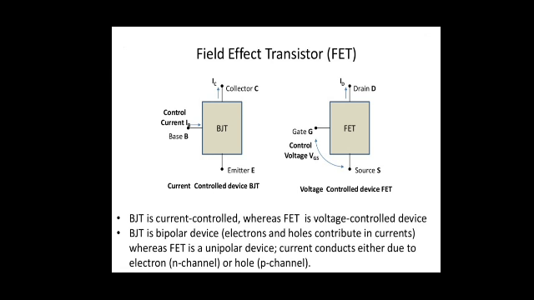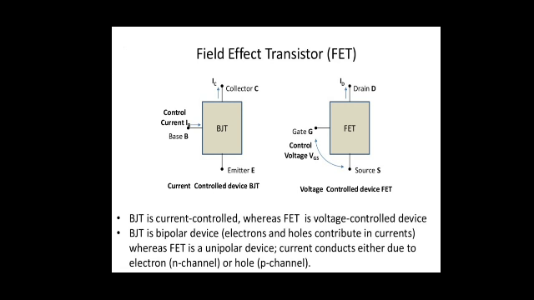In any output equation of a BJT, the output current depends upon the input current, so by changing the input current you can change the output current. Whereas a field effect transistor, whether a JFET, a MOSFET or a CMOS FET, any type of FET, is a voltage controlled device, not a current controlled device. As we progress you will understand how the voltage controls the output.